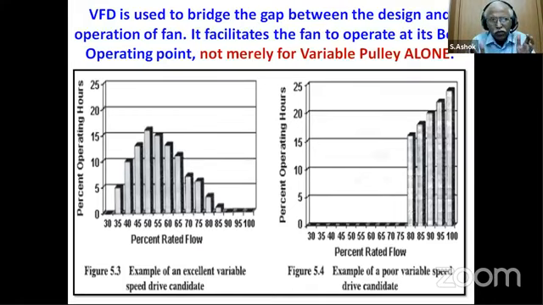Let us try to use the VFD on a closed loop control system based on the static pressure as the input, as the sensor, and operate the final control element, the VFD. The Hertz variation is possible based on the input static pressure fluctuations on the blower delivery. So a VFD is an excellent candidate if you are operating the system between say 30 to 70%. Around 50% to 70% is more ideal to operate. Not at 80 to 100%, the VFD does not have any say.